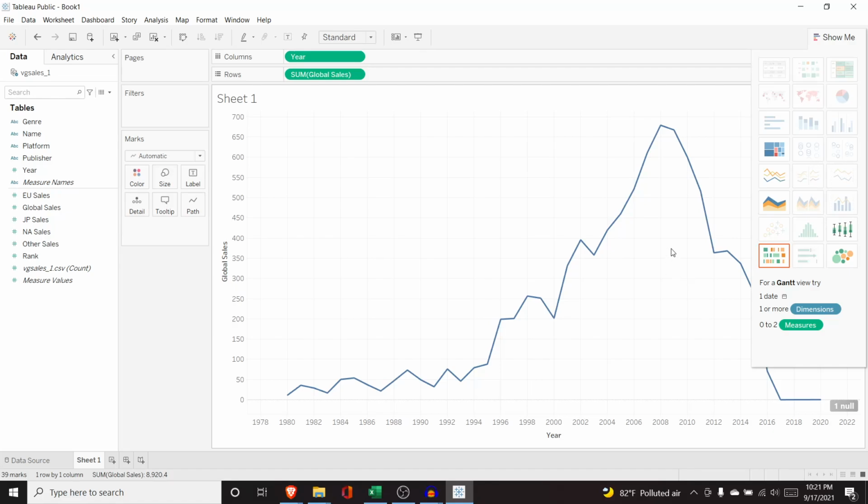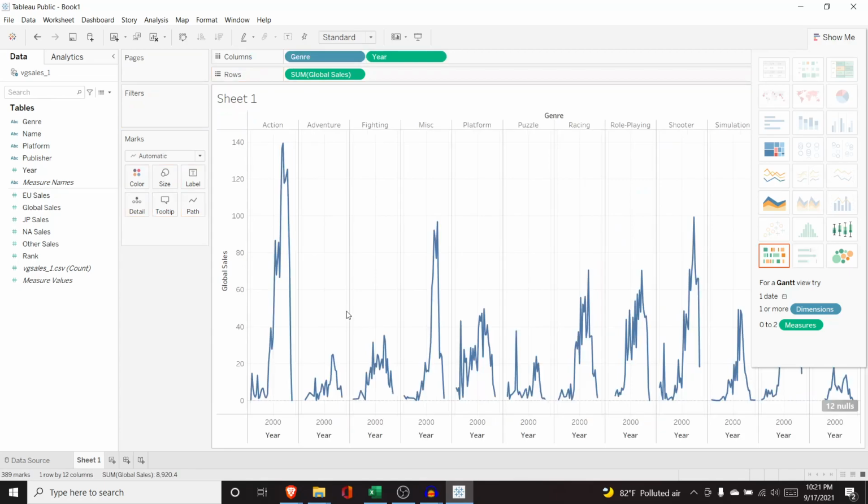Now, as of right now, it has only the year and it's looking at global sales for everything. But we want to break that out a little bit better. I want to break it out by, let's do genre. So different genre of games. Now, if I add that right here to this columns, it is going to break it up by year and